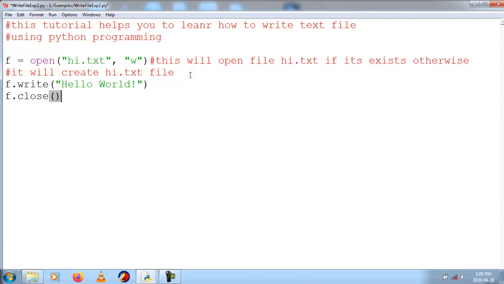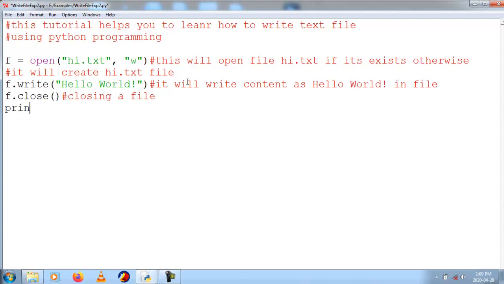So I say f.close, which is for closing a file, and this write will write content as hello world in the file.